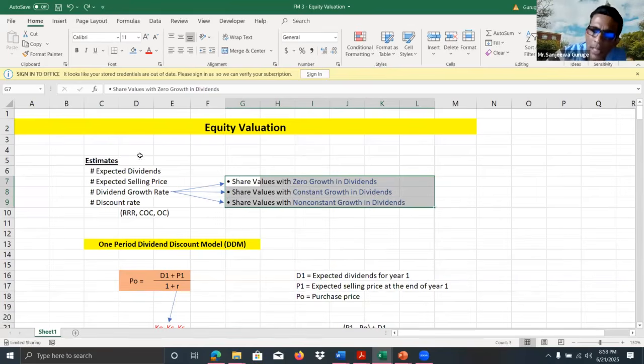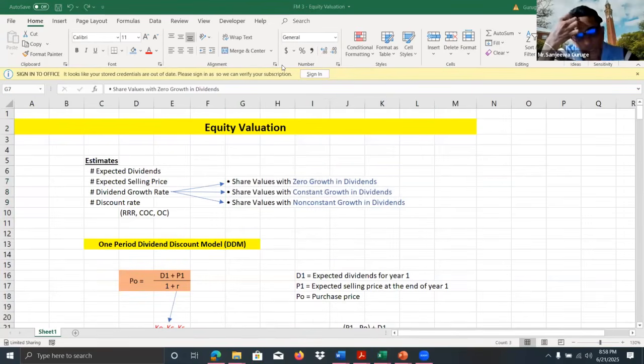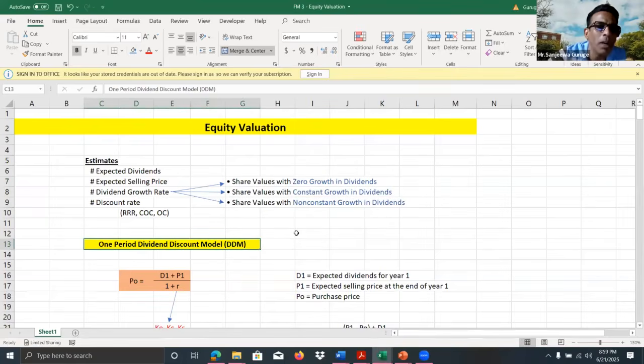What are the other methods that we can use to estimate the value of a share? In addition to the discounted cash flow approach, which here we mainly call the dividend discount model, net asset value and price earning multiples can be used. Net assets based method, free cash flow method, asset based valuation, price earning ratio, price to book value. There are a number of methods that we can use, right?